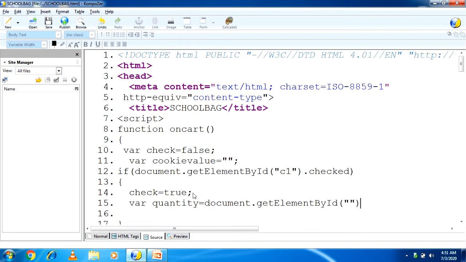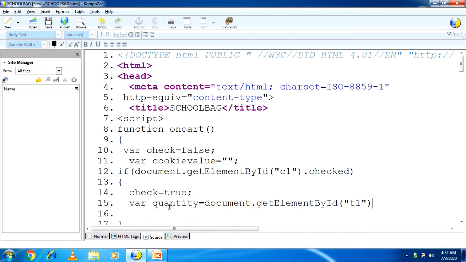Now here what we have to write: if I check checkbox 1, after that I have to add the quantity of that particular product. Suppose I want to purchase one bag, but I want to purchase the same bag in 10 quantities, so that 10 quantities I will write in text box 1. That's why I write the id T1. So whatever quantity I write in that text box, it will be added in variable quantity.